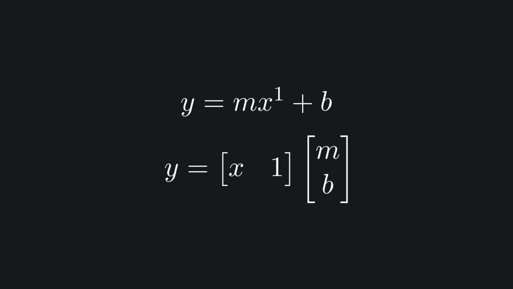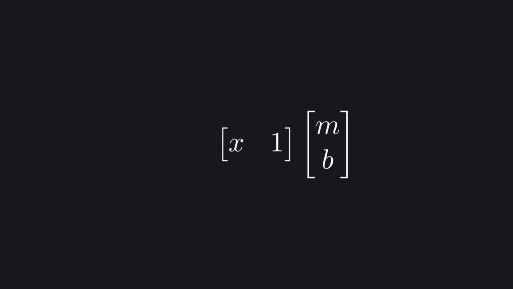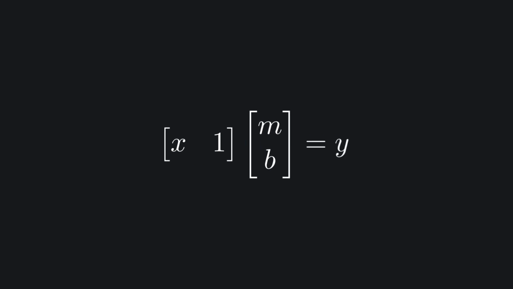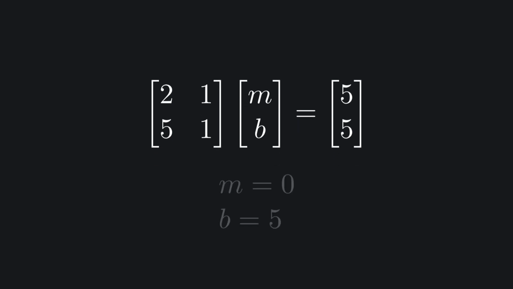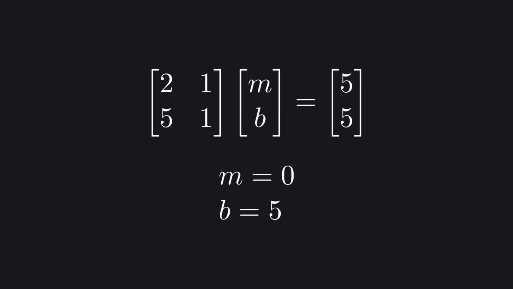It will be handy for us to write this equation using vector notation. Let's switch terms for clarity. Okay, fine. This form will be useful for us because we know the values of x and y in 6 data points. For example, take the first point, 2, 5, and replace the variables accordingly. Then we get this. Next, we can incorporate the second point, 5, 5, and we get this. Doing the product, we can now work out m and b from this equation.